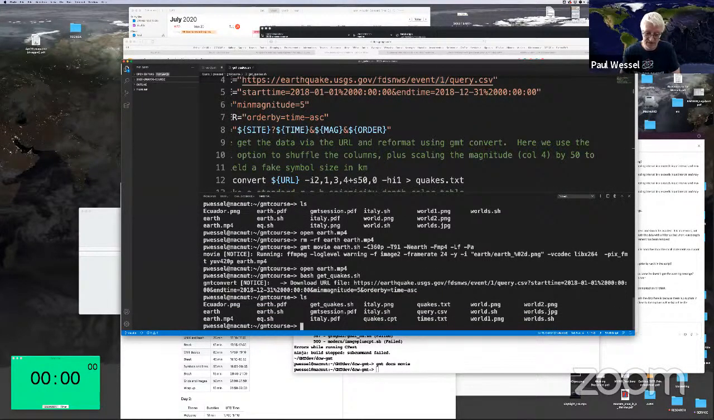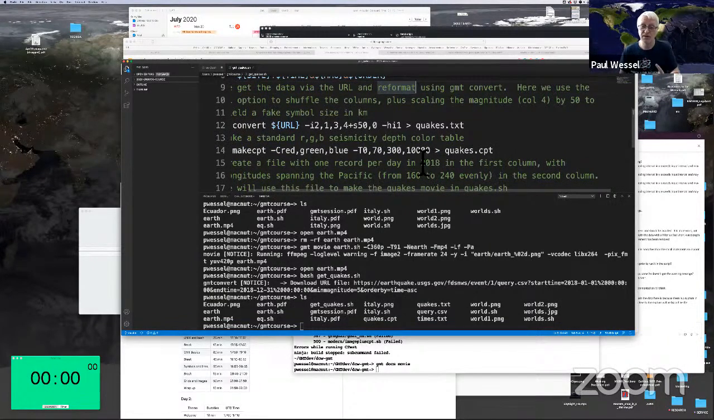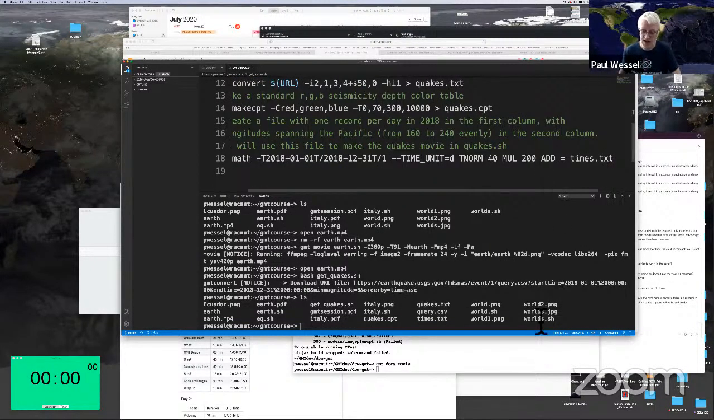It has a quakes.txt, good. It has the CPT file for this particular use, and has the times.txt. What do these files look like? I'm going to head